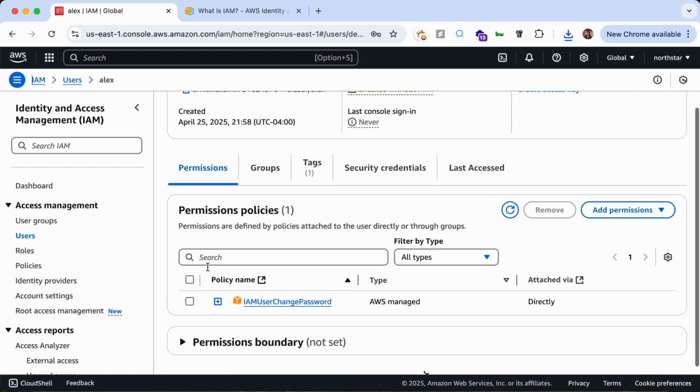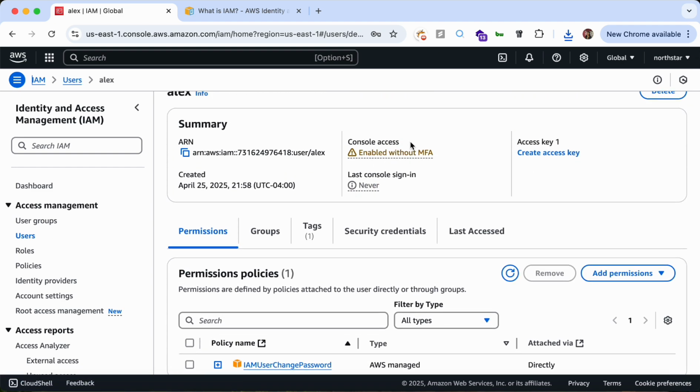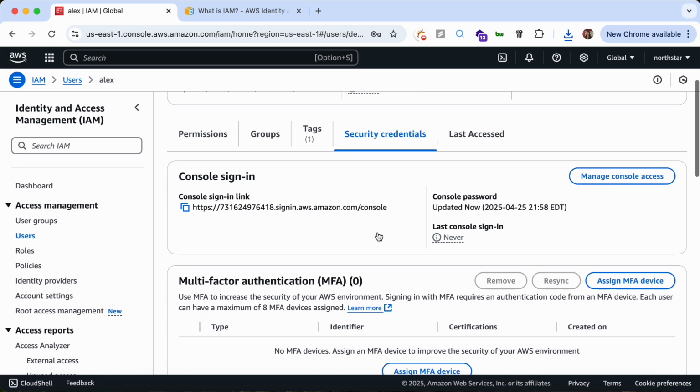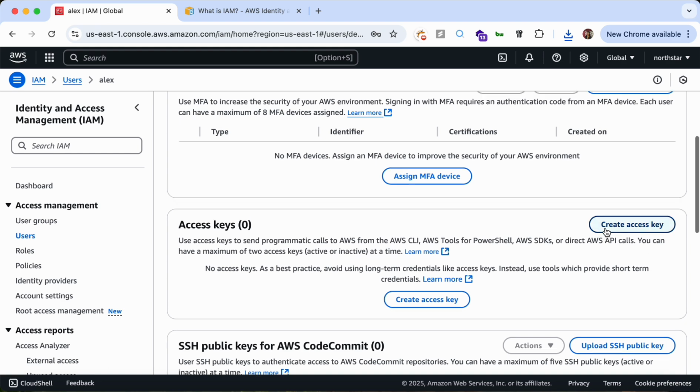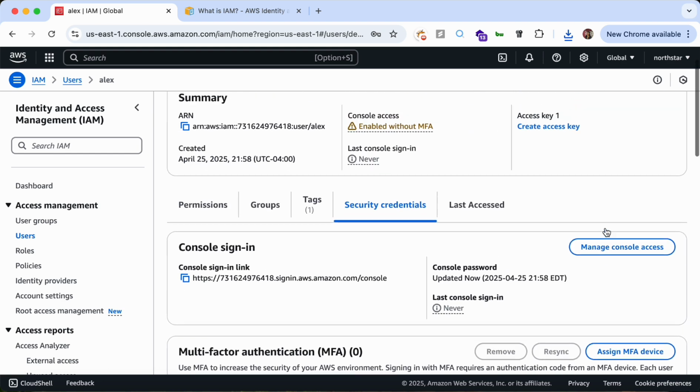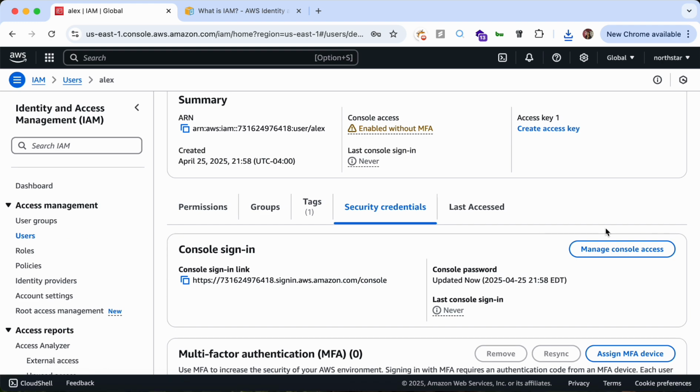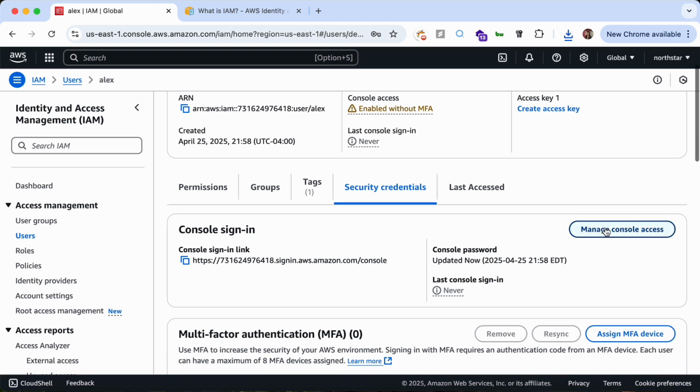Currently we have given him console access. Now we want to give him CLI access as well, right? So he can go and create access keys with the permissions he wants. That's the first step. The second step is